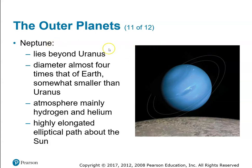Neptune's encounter was with the Voyager 2 spacecraft, the only spacecraft thus far to ever visit Neptune and Uranus. Neptune does have a ring system. It's kind of shown here, but you cannot see this from the Earth. It's very difficult, only with the most powerful telescopes on the planet. But when Voyager 2 went by, you could easily see it. One of the things that we did see was this, they called it the Great Dark Spot